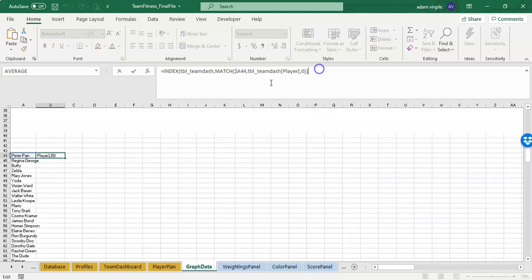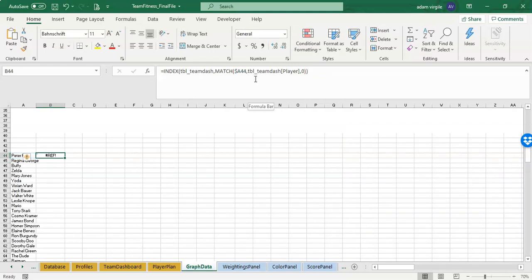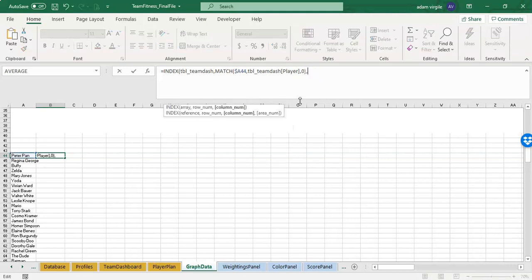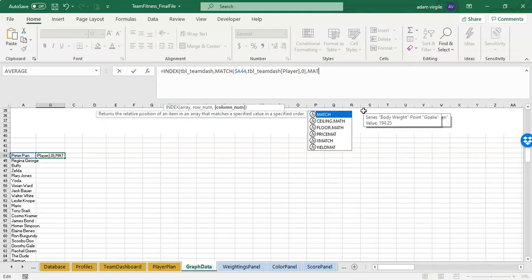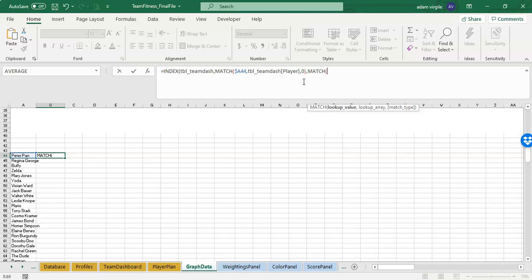And I have an error because it has no idea what column I'm looking in or where the information is that I'm looking for. It knows the row, it doesn't know the column. So to get the column, I'm going to do comma, notice now it's on column number, MATCH. I'm going to do another MATCH. And what value am I looking for? Well, I don't actually have it yet. For now, it's going to be right here. We're going to move that later. But let's just say I'm matching B42,